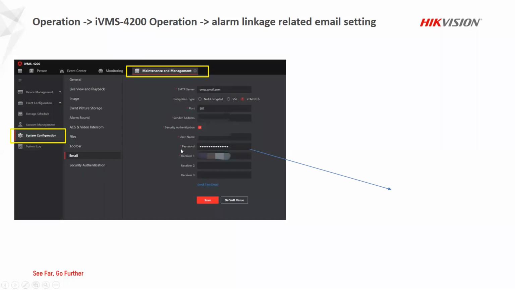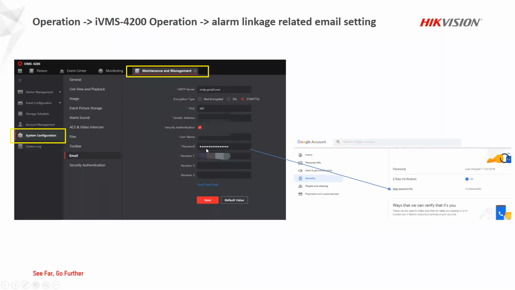But for Gmail, the password is not the password to log in to your Gmail account. It is rather the app password that you set up on the Google account. So please also go into the Google account, into the security section, to set up the app passwords. And this is the password that you need to enter here. After you set up correctly, you can also send a test email to check whether it is set